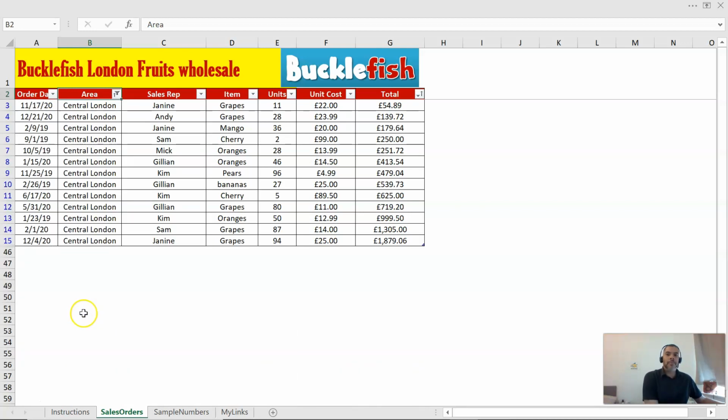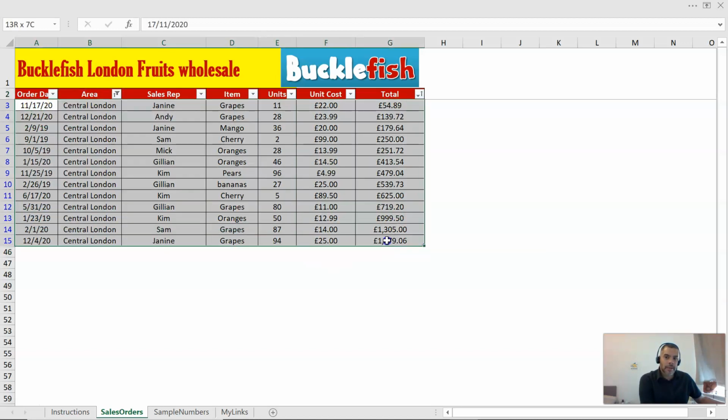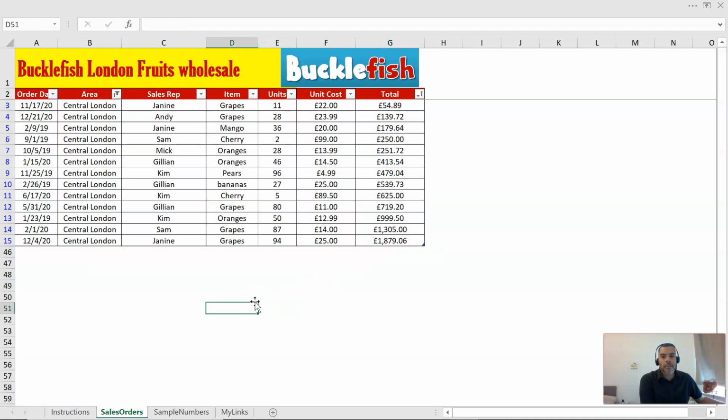You have only Central London, and we can do all sorts of things with this. We can copy and paste it into other spreadsheets as well. Okay, there's one other thing we need to also look at, and that is also filtering